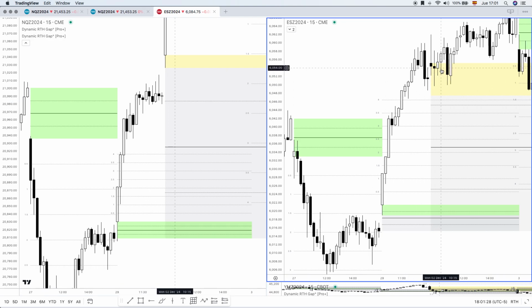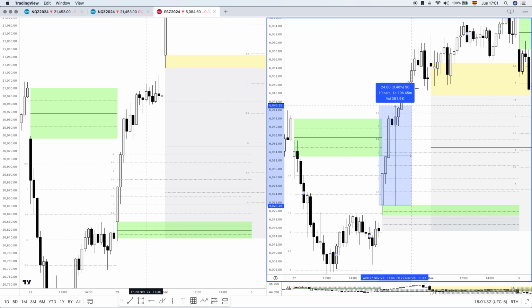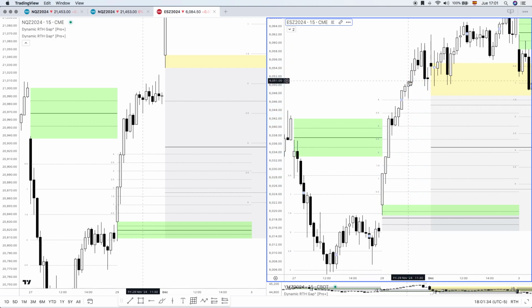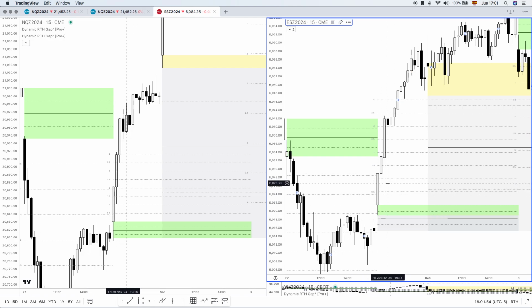This is another day, but on this day it was really clean and was longer. It was a better move on ES than on Nasdaq, because for the reason that I told you, Nasdaq was fully repricing the gap while ES was failing to do that. So for me, I can measure that ES is going to be better for longs,